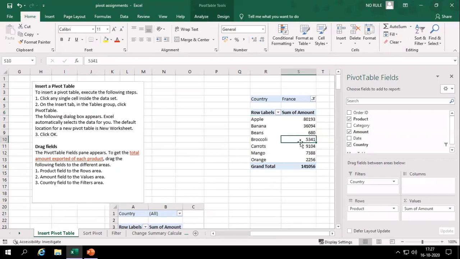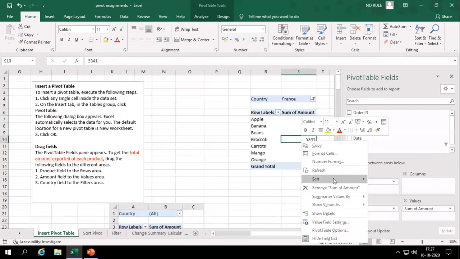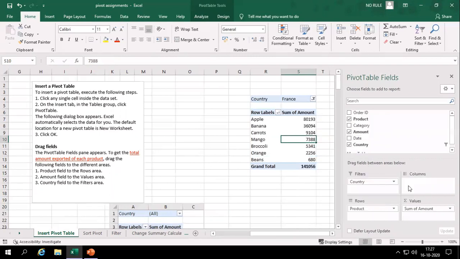So there's one achievement over. You sort by right clicking on that, smallest to largest and largest to smallest. In the place of the country filter, instead of selecting France, you can select all, which will give the list of all countries and the sum of the amount,